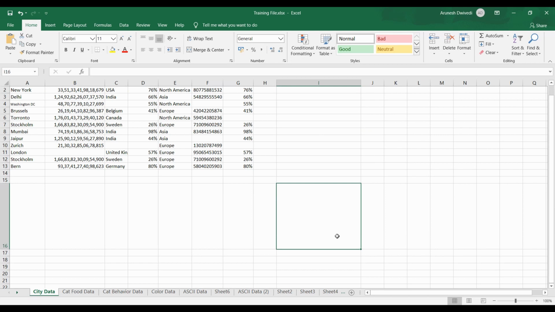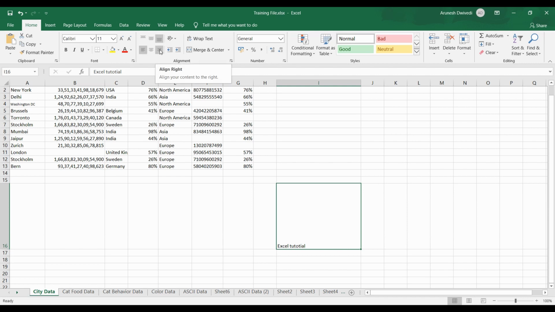So if I type something, let's say I type Excel tutorial. By default, whenever you type anything in a cell, it is left bottom aligned. That means it will be at the bottom of the row and towards the left of the column. But what if you want to align it towards the center? You need to click this option, center your content. If you want to make it right, you need to click this. If you want to make it left, you need to click this. That will do the horizontal alignment of your data.